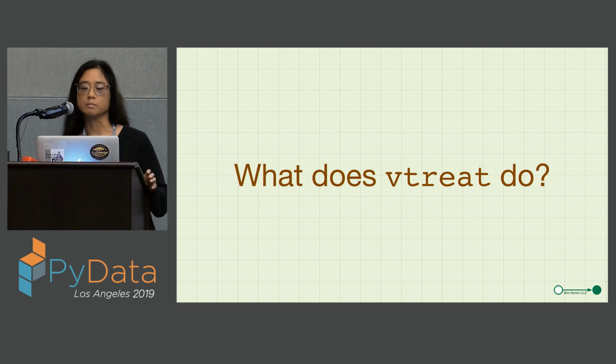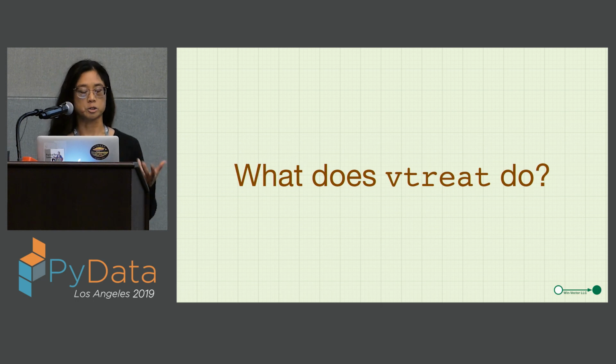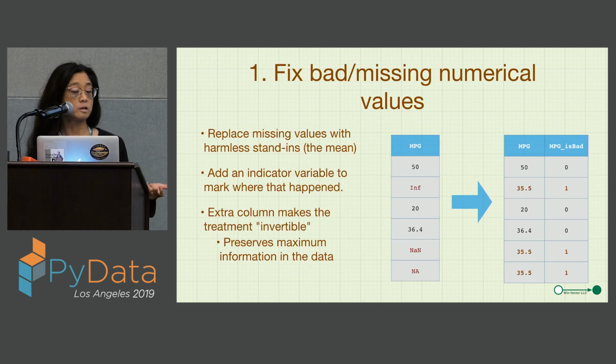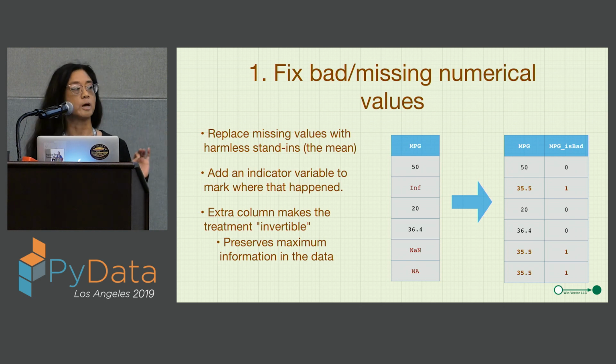Okay, thanks, John. Now that John has given you a quick overview and introduction to why you might want to be interested in vtreat, I'm going to go into a little bit more detail about how it actually works on the data. The first thing that vtreat does is repair numerical variables that have missing values or other problematical values like non-numbers, replacing them with more benign stand-ins, by default the observed mean of that variable, but it can be other values as well, like the median or the min or the max, or even a constant. In addition to replacing problematical values, vtreat also adds an additional indicator variable that John pointed out.